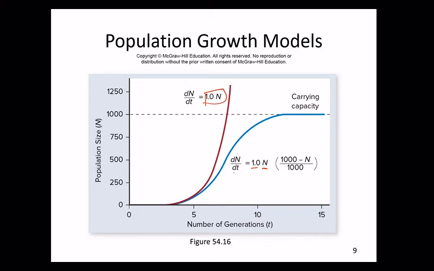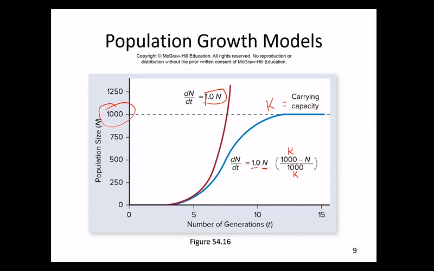Okay? In this case only, we have an additional factor, which we usually define as K. Okay? And K is the carrying capacity. For the population demonstrated here, 1,000 is the carrying capacity, so we substitute in 1,000 there. And so what happens is we see a slowing or a reduction in the growth.